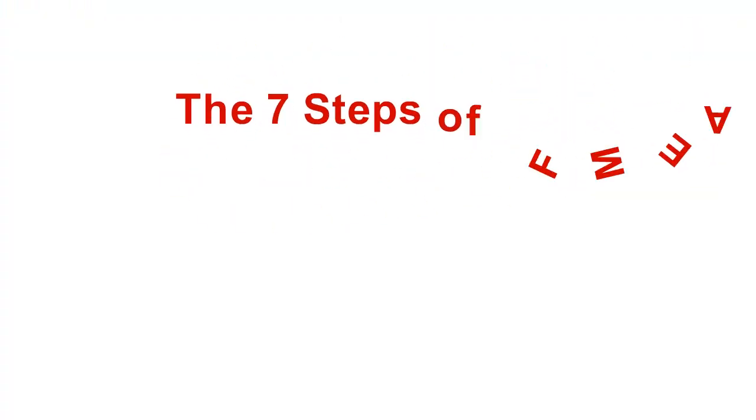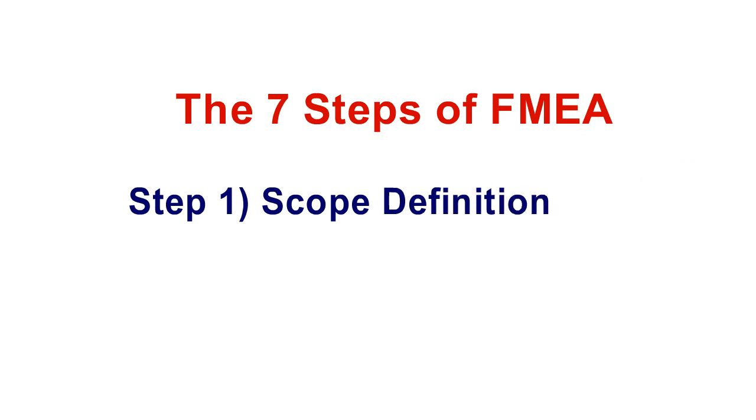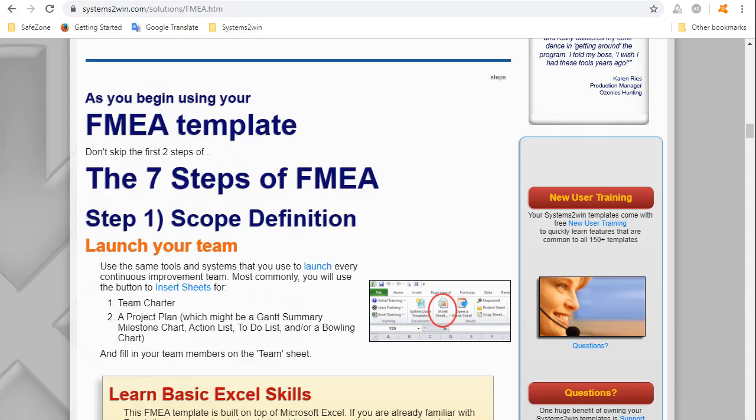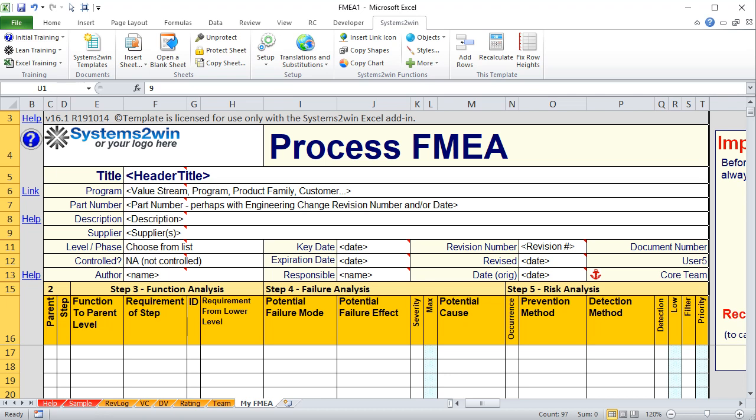All right, now that you've learned how to open your FMEA template, let's get started with the 7 steps of the FMEA process. Now, especially if you're an old-timer who's done many FMEAs in the past, you might have developed the bad habit of skipping the first 2 steps of the FMEA process, or at least doing a very sloppy job of them. And that's a real easy and common mistake to make, especially because notice that all of step 1 and most of step 2 are supposed to be completed before you ever touch the FMEA form itself.